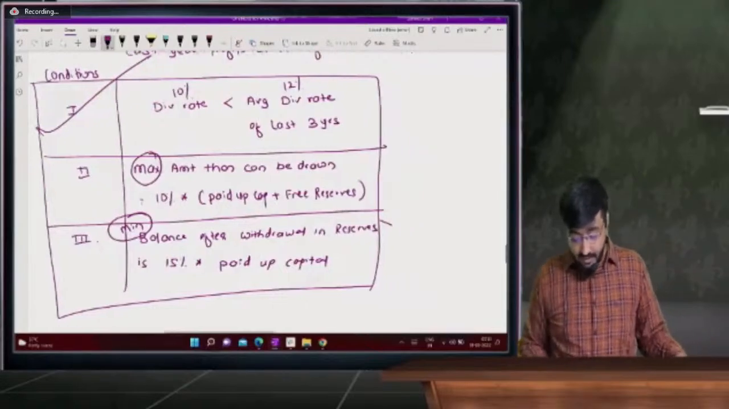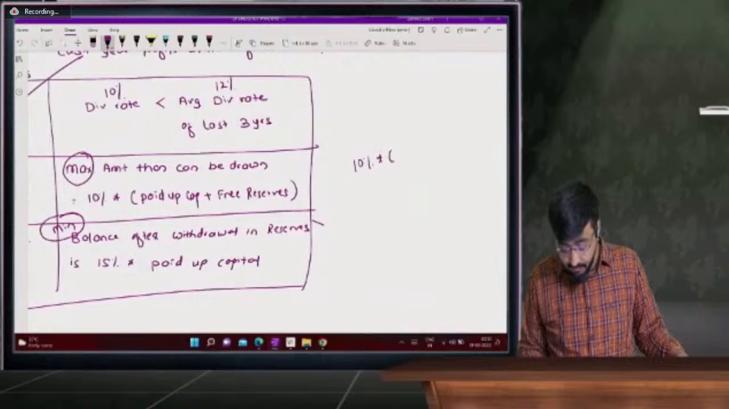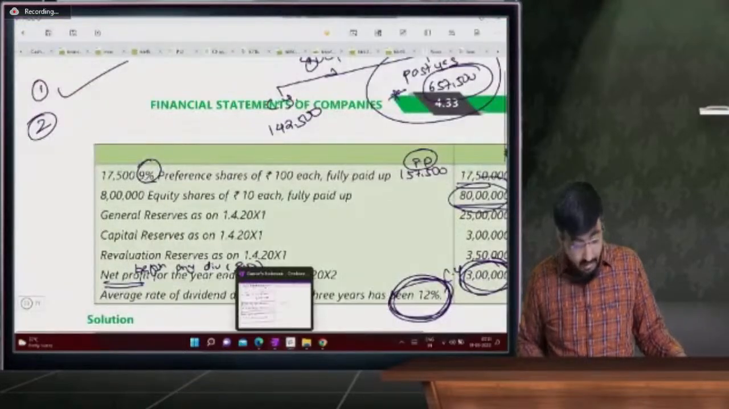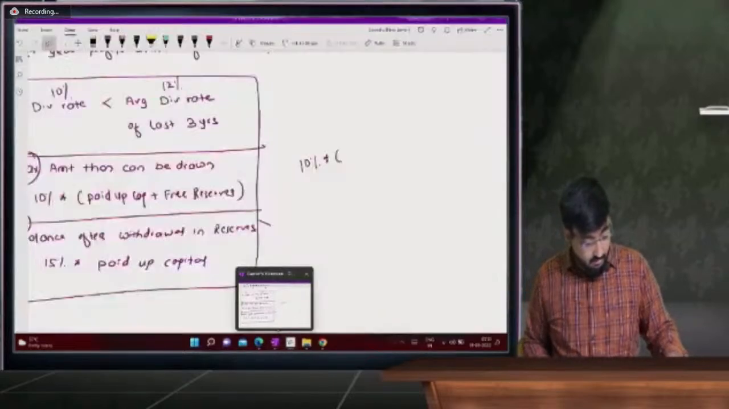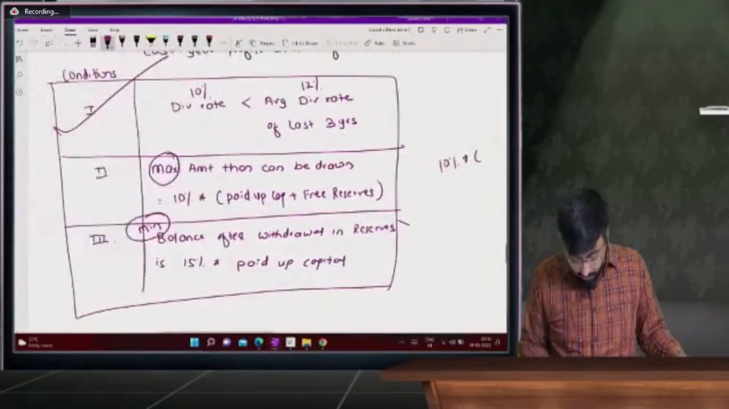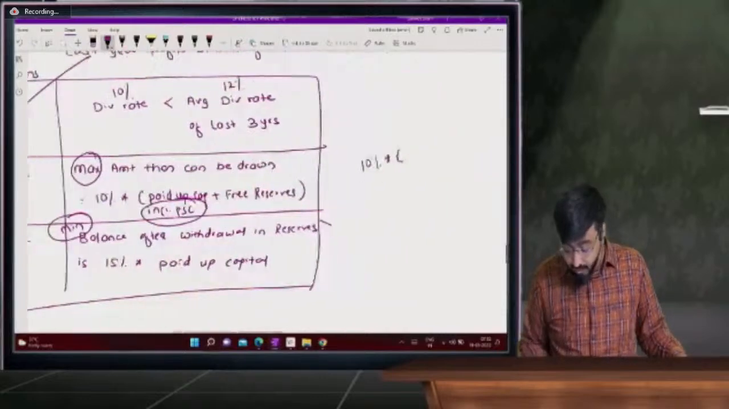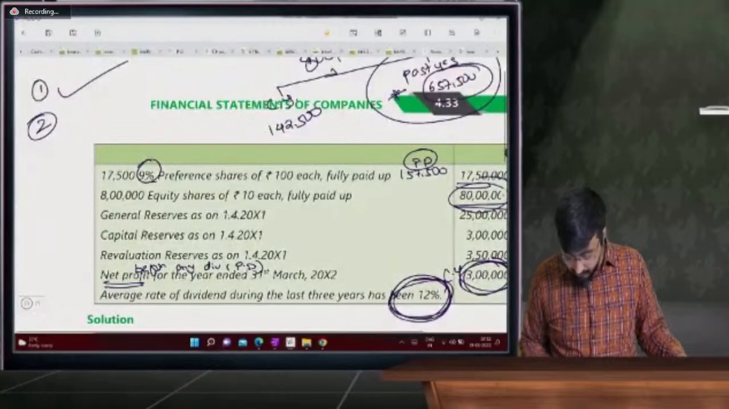What is the second condition? You cannot withdraw an amount that exceeds 10% of paid up capital plus free reserves. Now, what is the paid up capital? Paid up capital will be 80 lakhs. Remember, paid up capital includes preference share capital. So 10% of paid up capital, 17,50,000,